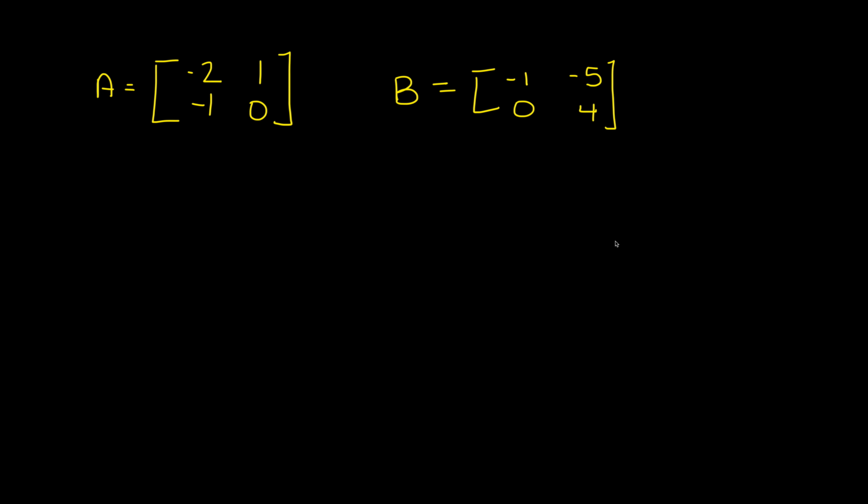In this video, we're going to examine multiplication of square matrices. So in this case, we have two 2x2 matrices. We have matrix A and matrix B. And we're going to come up with any conclusions that we could make about the commutative and distributive properties for